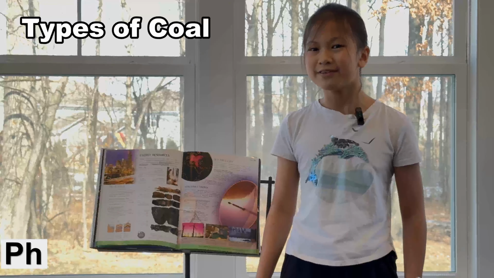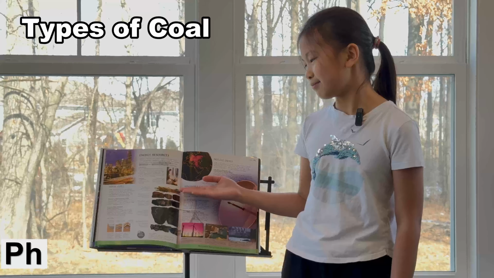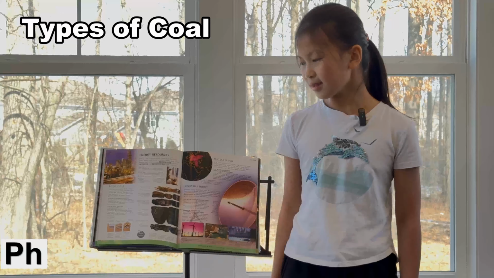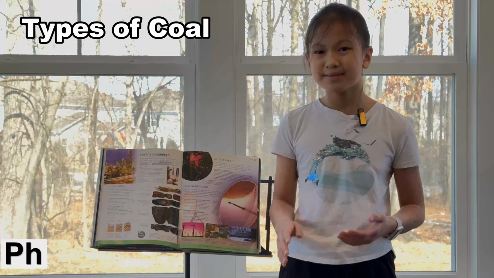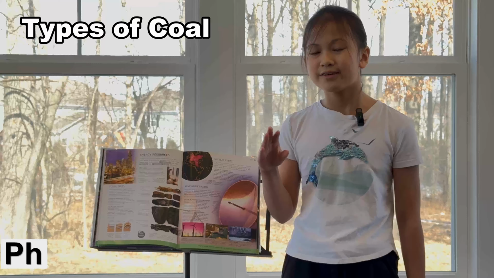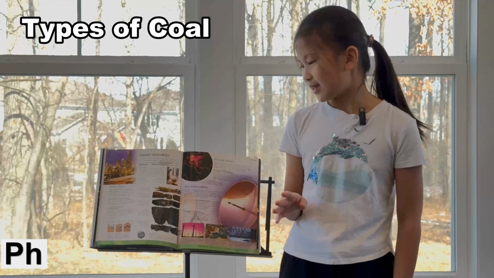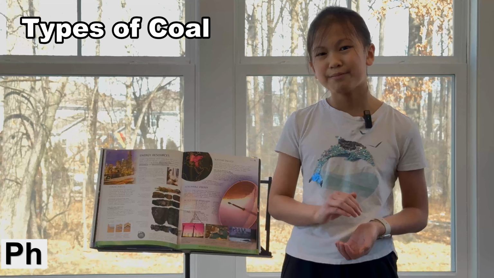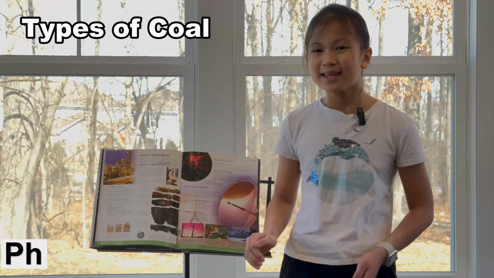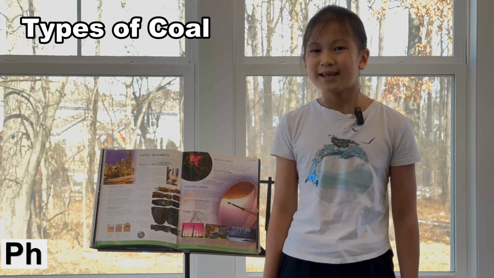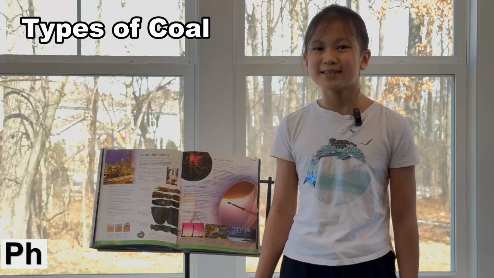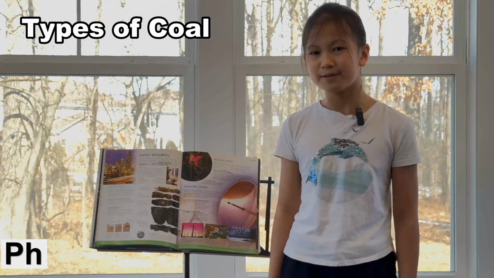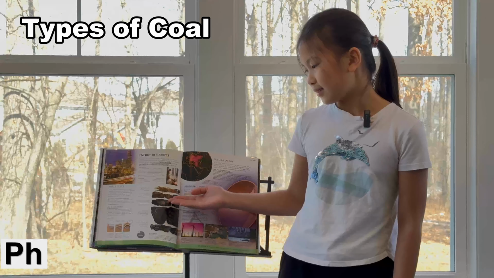First, every coal piece starts off as plant and animal remains, and it kind of looks like this. Once it starts to build up, it's going to go through a muddy stage, and this forms peat. The mud helps the plant remains stick together, and the peat gives off carbon when you burn it. And like I said, carbon is a substance that lets things burn, and it's found in every type of fuel.